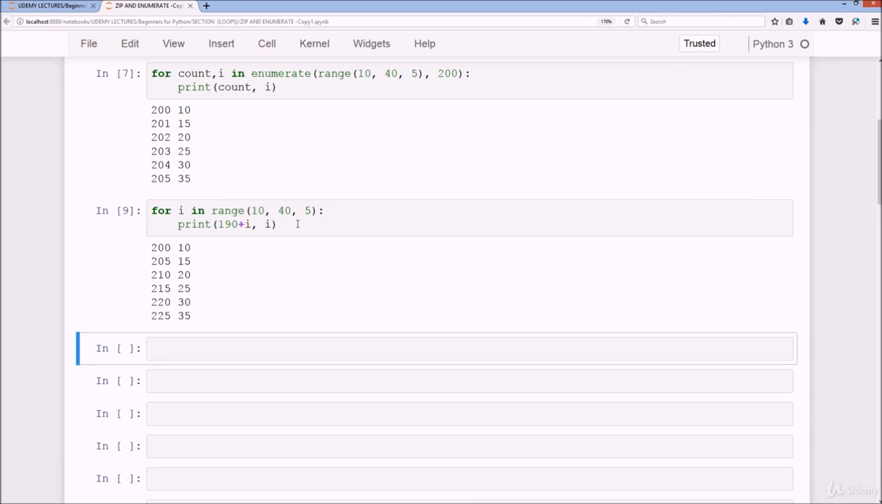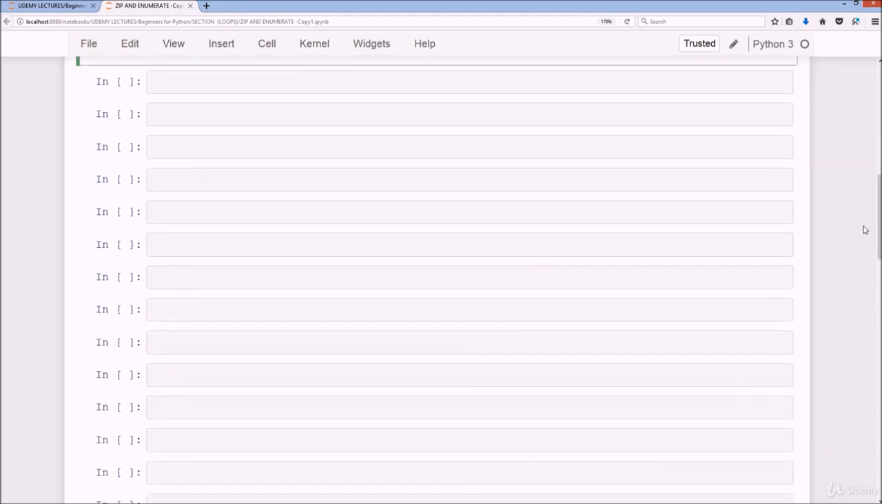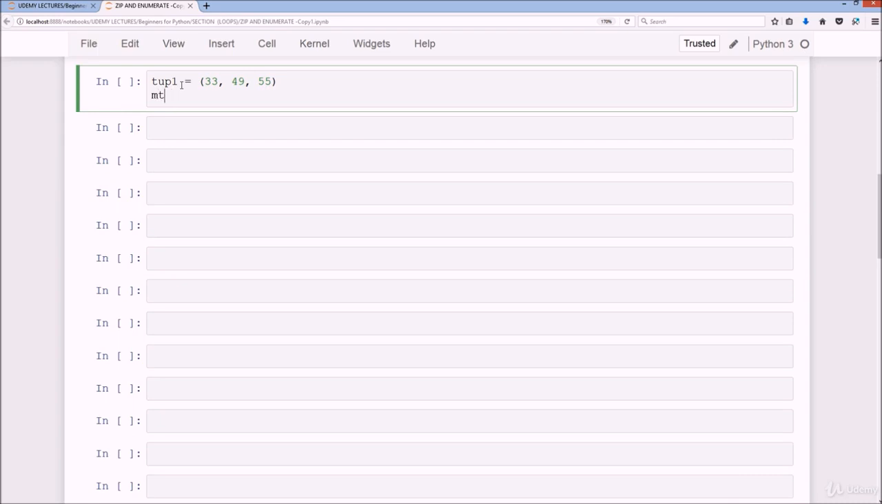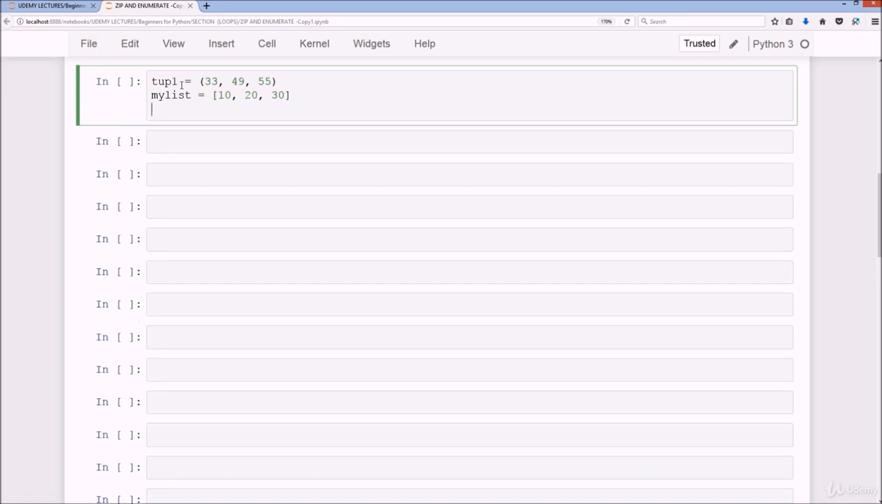Okay, so moving on from the enumerate, that's pretty much done there. We'll go on to the zip, which is the main focus of this lecture. We do tup1, it's going to be a tuple. We'll do 33, 49, and 55. And then we'll do a list as well, my_list equals, say, 10, 20, and 30. And then we'll do z as the variable for the zip. And we'll do zip